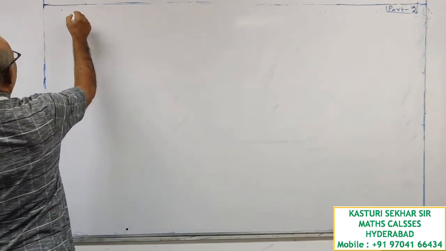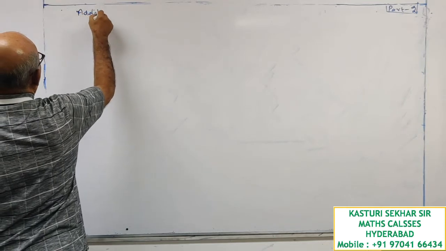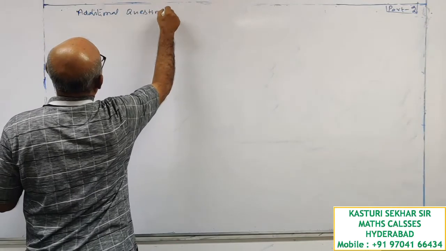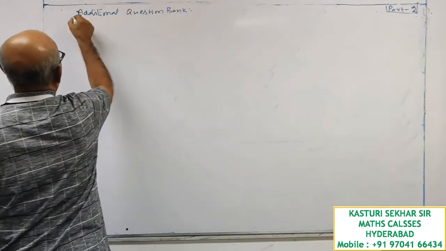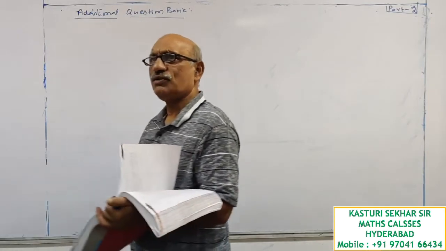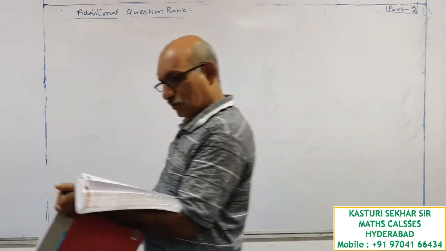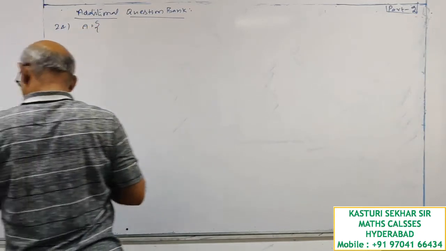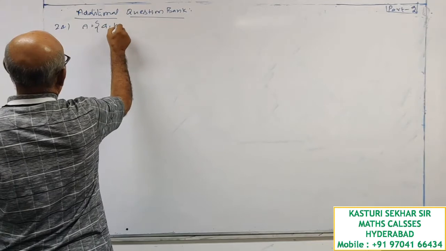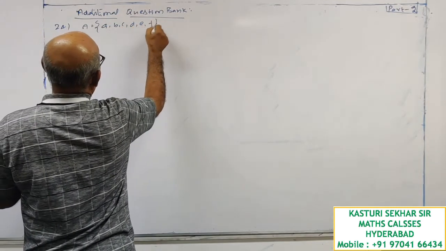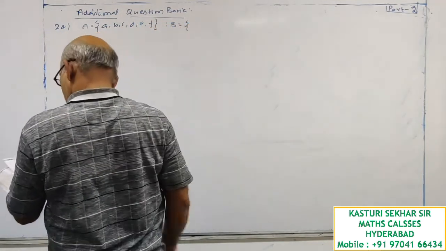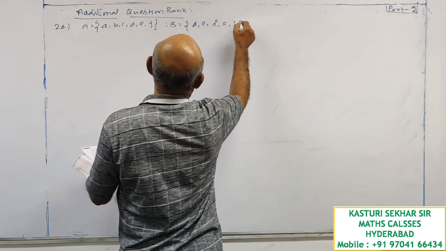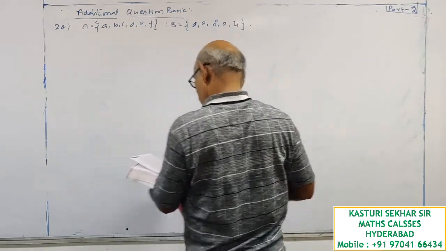Let's go to the additional question bank. Question number 24. A is a set having elements a, b, c, d, e, f. B is a set having elements a, e, i, o, u. C is a set having elements